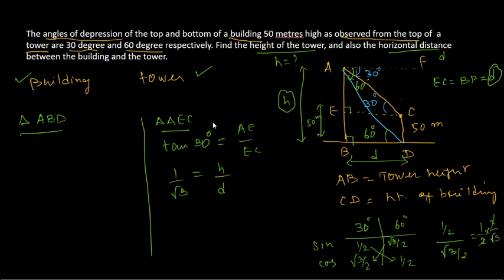So instead I can put H minus, okay, this is the total height, H minus 50. Okay, you can put 50 because total height H minus EB. EB is nothing but 50, so I can replace this, so 50. So H minus 50 divided by D. Okay, right. And now what is D? D is equal to, you can bring D here and root 3 here. So H minus 50 into root 3. Okay, so let it be equation 1.